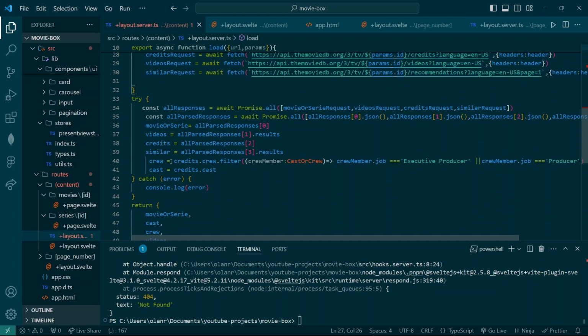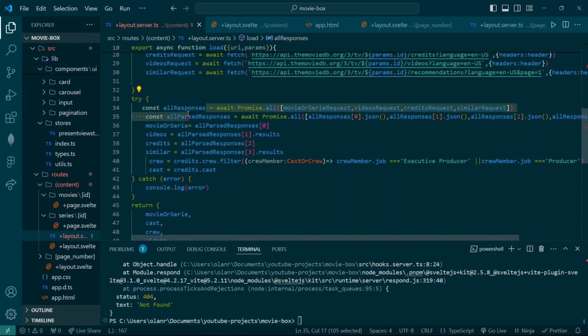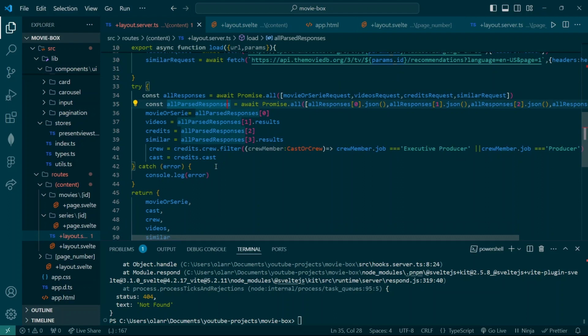Then there's a try catch block, and all we're doing is basically extracting out all that data. I still use Promise.all because we want all of these to go and come back all at once. It's a method that helps with that, and then we're just destructuring all of this, and we're saying, okay, movieOrSeries is equal to all responses 0, which is from here, all parsed responses. We're just extracting data basically, and once we actually do get our data back,